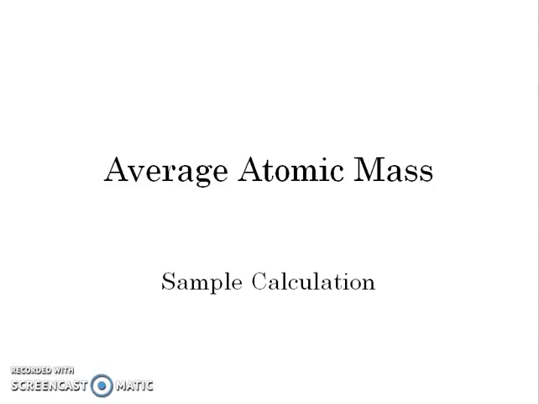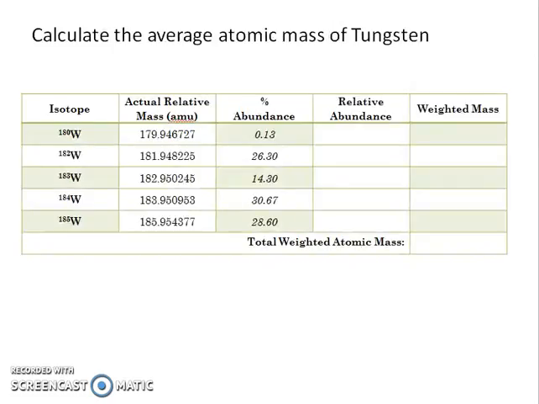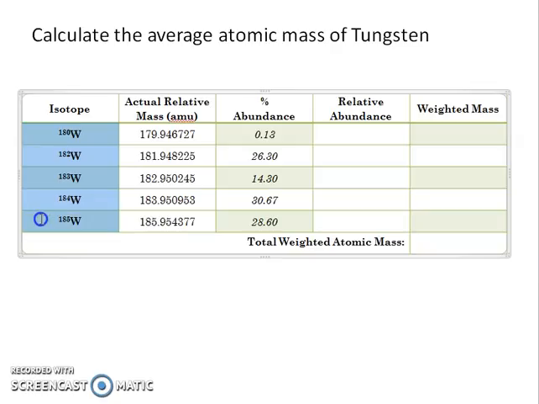Today we're going to do an average atomic mass calculation. We're going to calculate the average atomic mass of tungsten, and typically in such a calculation you're given a table like this and you're going to be given data for the various isotopes, and you'll notice that tungsten has 5